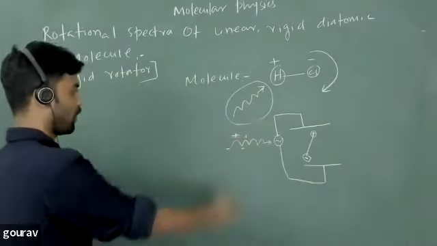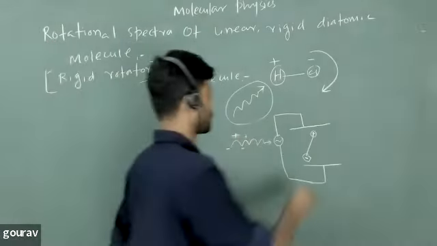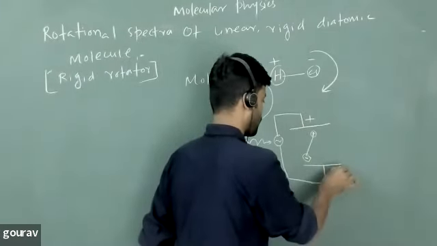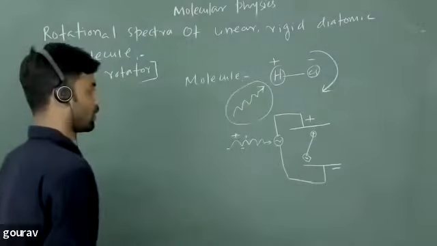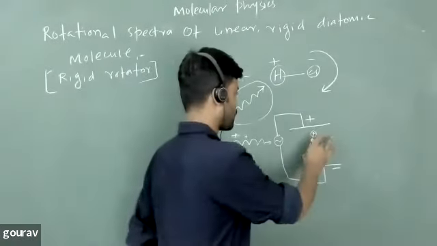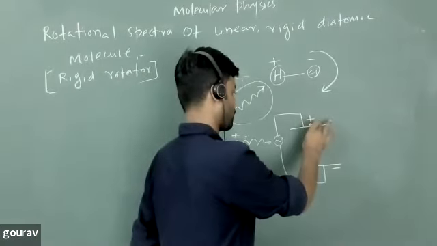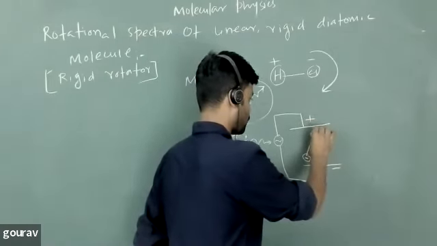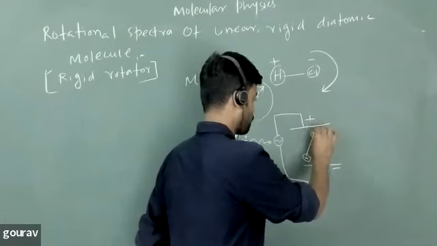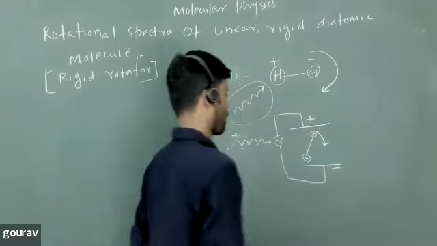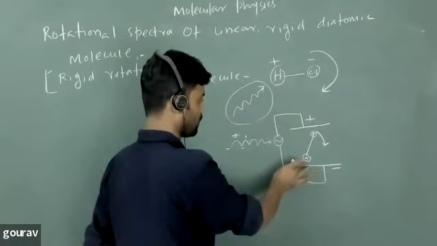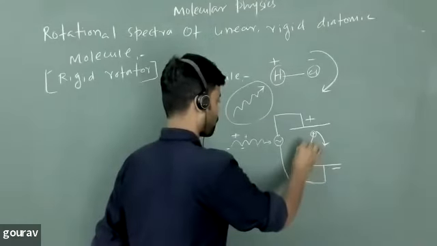Then what will happen in the first half cycle? This plate of the capacitor will be positively charged, and this will be negatively charged. This positively charged plate will repel this pole. Similarly, this plate is negatively charged, so it will again repel,